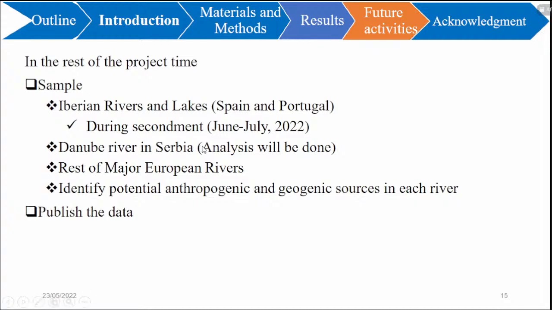Danube River in Serbia, it is already sampled, but the analysis is not done because we sampled it last week, but it is already ready for the analysis. Rest of major European rivers, and we'll identify the potential anthropogenic and geogenic sources in each river, and finally publish